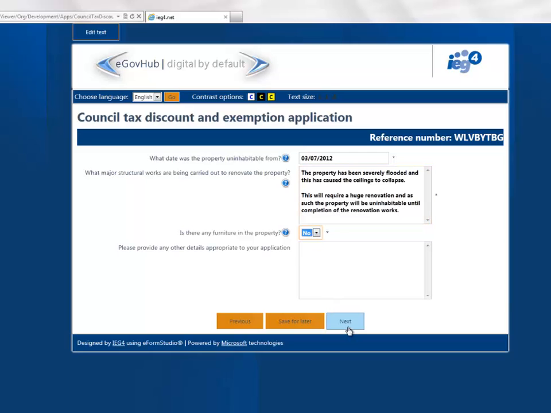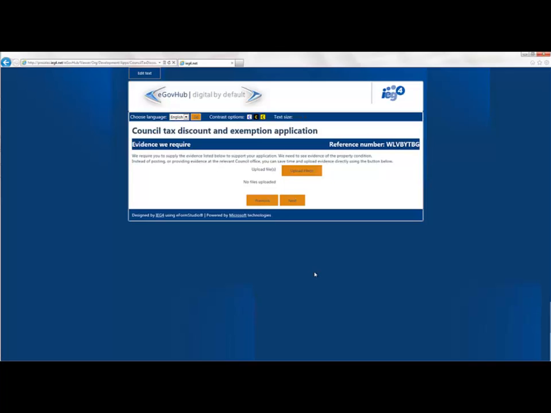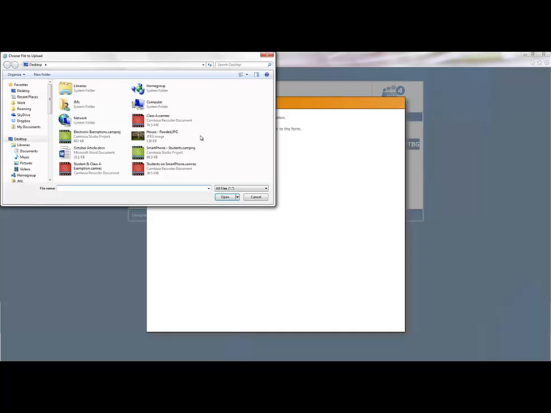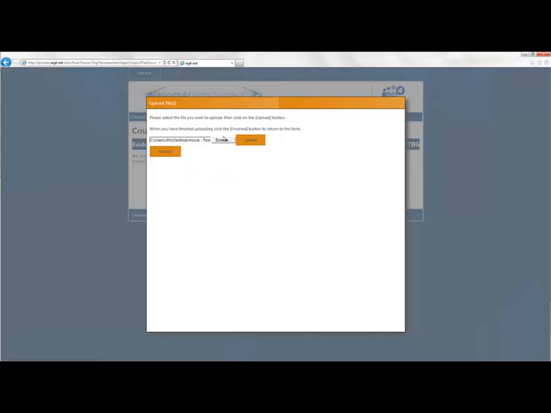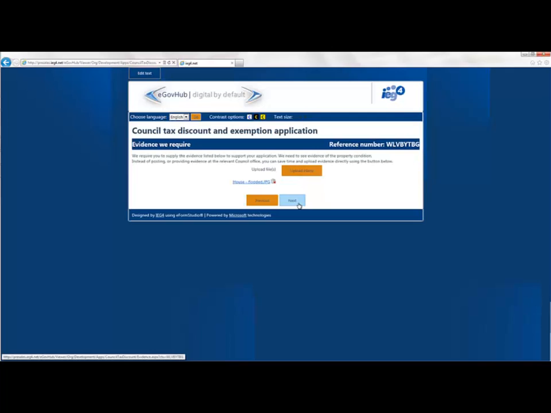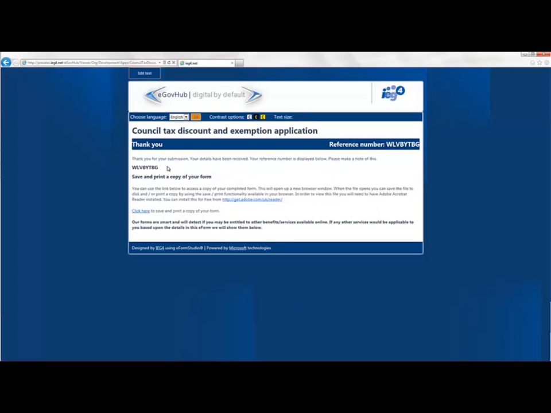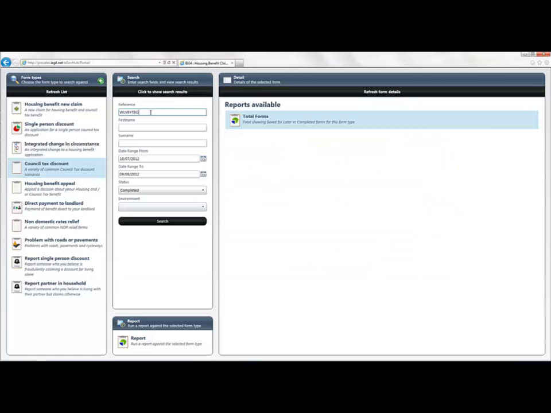But we wanted to do something smarter so that you could reduce the really expensive cost of doing inspections. So now, people can actually take a photo of their house, and you can stipulate the size of the photos and how many they should provide. By uploading that photo, they can provide proof of the fact that their property is in the state that they are claiming. So when we submit this form, we go back into our management portal,